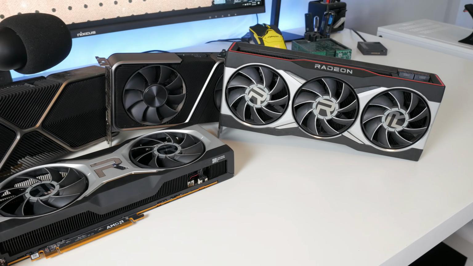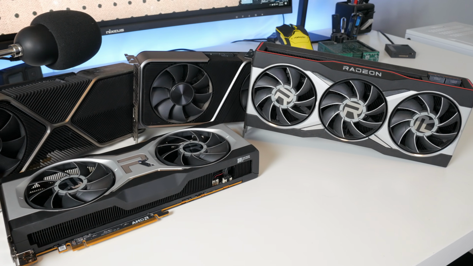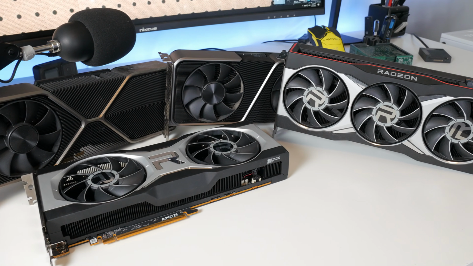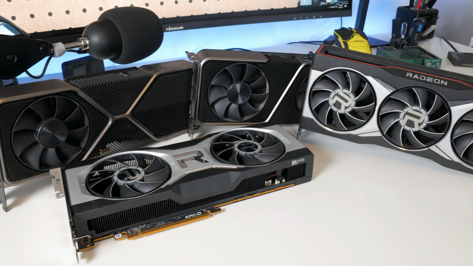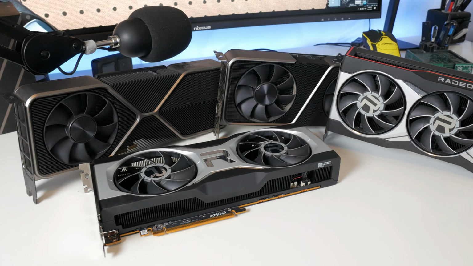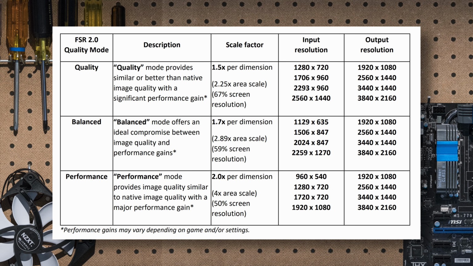And what's really cool about FSR 2.0 is, just like FSR 1.0, it's compatible with a wide range of graphics cards due to it not relying on machine learning or dedicated hardware for this procedure. And just like FSR 1.0 and other upscaling reconstruction techniques like DLSS, FSR 2.0 follows a general table of scale factors. Quality mode aims for a 67% internal resolution, balanced runs at a slightly reduced 59% scale, and performance is 50% scale. So, quick numbers: for a 4K render target, the internal resolution for quality would be 1440p, balanced at 1270p, and performance at 1080p.